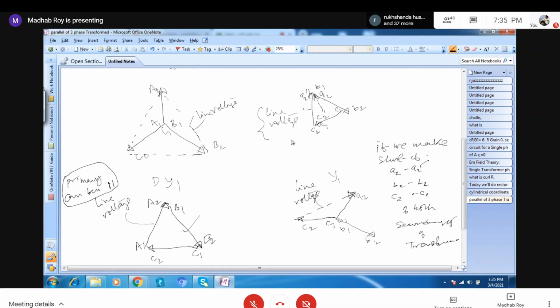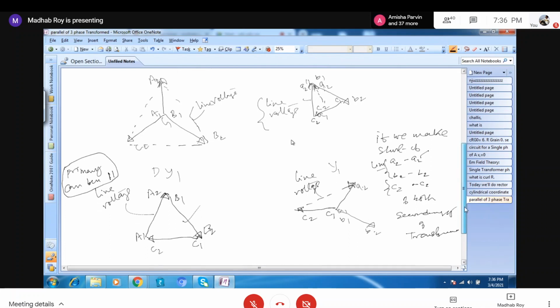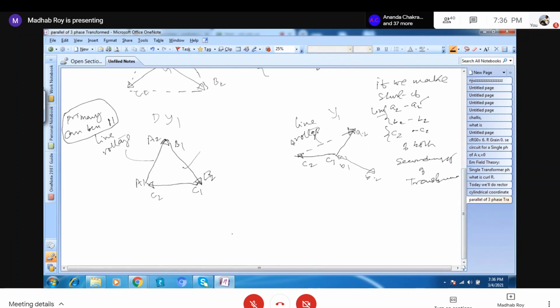These are called the line voltages, but the line voltages of both transformers are different. The line voltage of the secondary of YD11 and DY1,